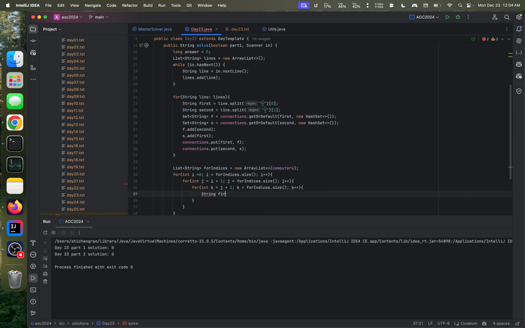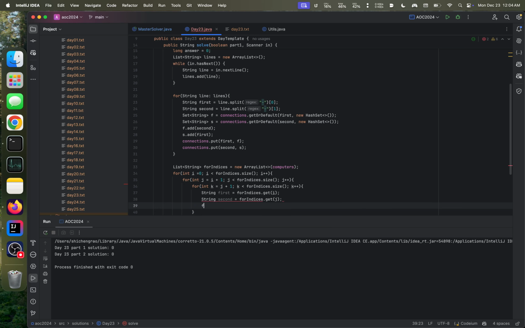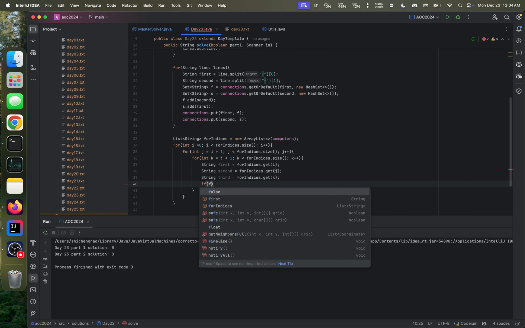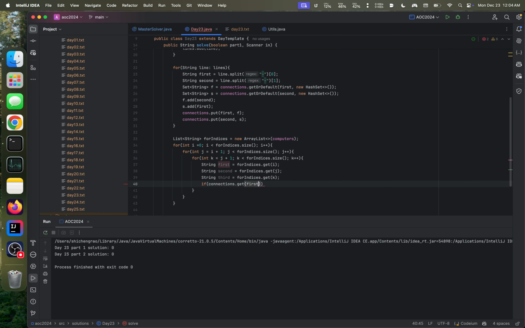So string first equals for indices dot get i, string second equals for indices dot get j, and obviously third is okay. Cool. And now we just check if they're all strongly connected. If connections dot get first